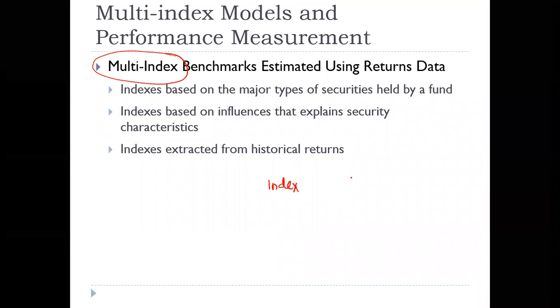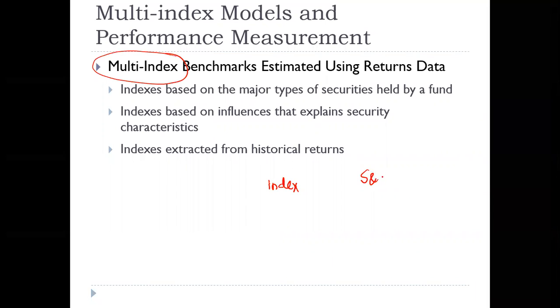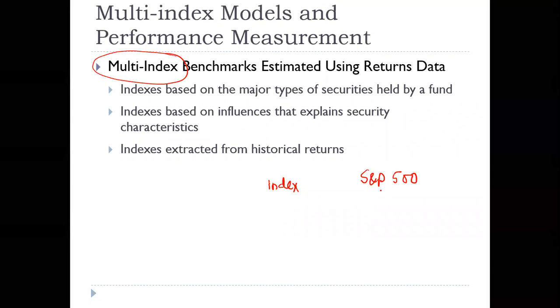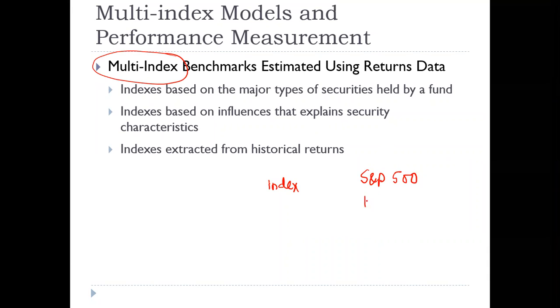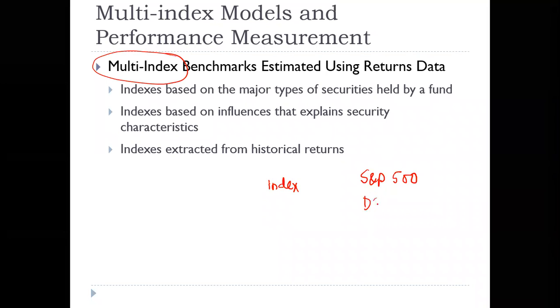So which is known as the single index? The single index is commonly known as the general market index or stock market index. We commonly believe that the S&P 500 is a general stock market index, then the Dow Jones index, and in our country the DSEX is a general market index. So we tend to believe that only that general market index explains the return of our portfolio.